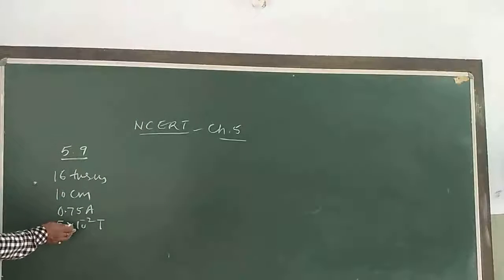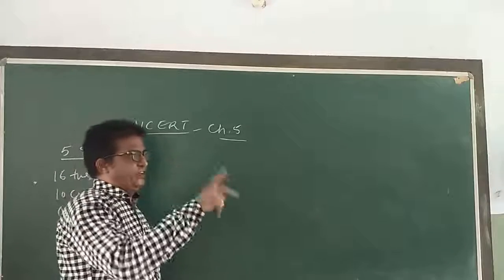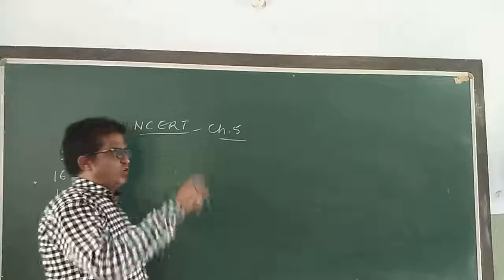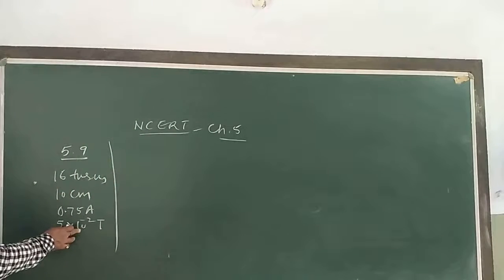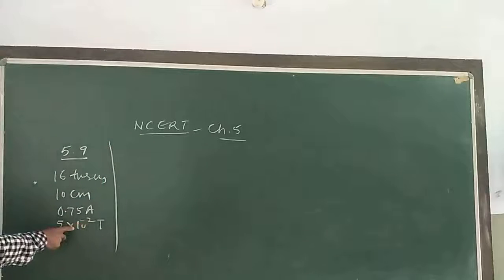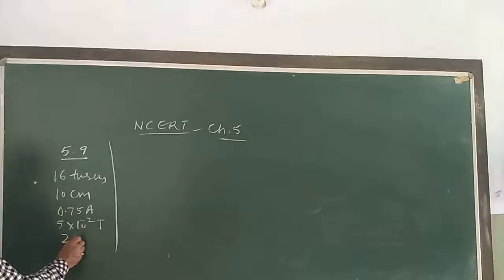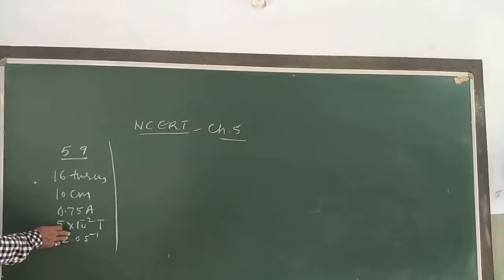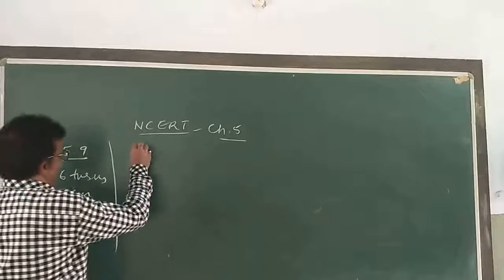Here is the magnitude of the magnetic field. The coil is free to turn about an axis in its plane perpendicular to the field direction. It moves like this, perpendicular to the field direction. When the coil is turned slightly and released, it will twist like this. It oscillates about the stable equilibrium with the frequency 2.0 per second. What is the moment of inertia of the coil about its axis of rotation?